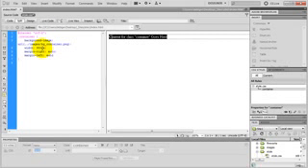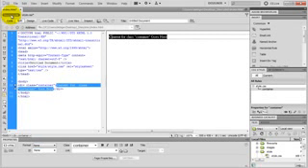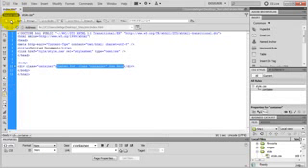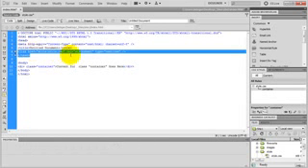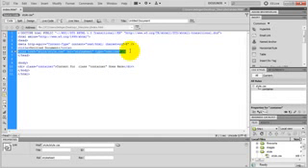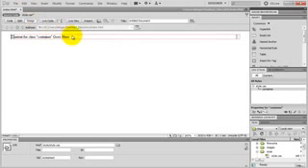Okay, I go to the source code of my index page. I switch to code view. And here is the link inside of my head tags, linking to my CSS file. That's how the browser is going to find it, because there's the actual path to my CSS file, which is relative to my document. Okay, I go back to design view, and delete my text,